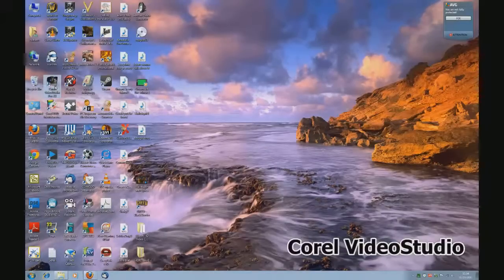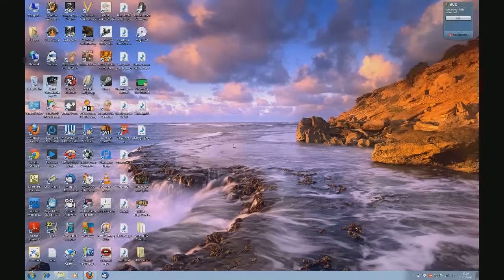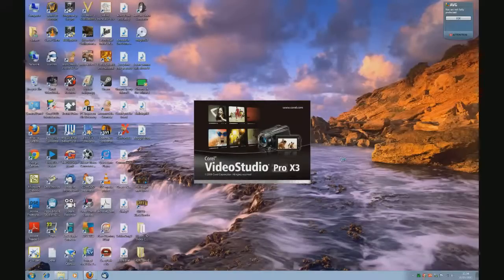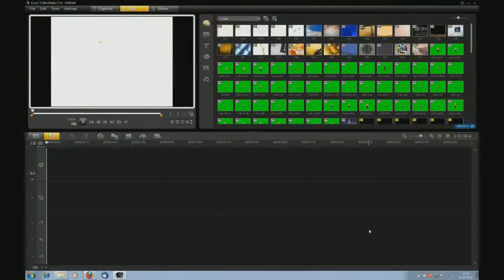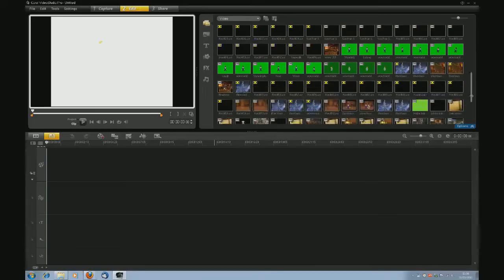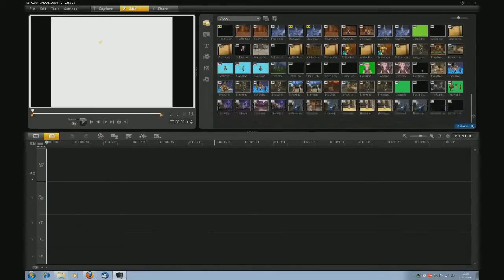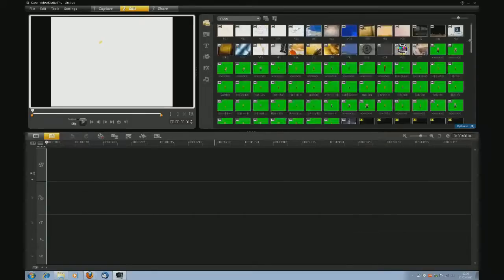That's Sony Vegas Movie Studio you can use, but I'm using Corel VideoStudio. It's similar to Sony Vegas, but I've used this one much longer, so this is one I'm familiar with. And you see I've got loads of pre-recorded files. They're in my videos